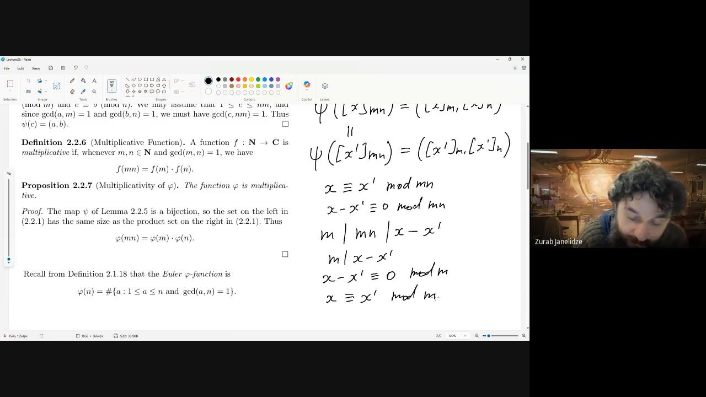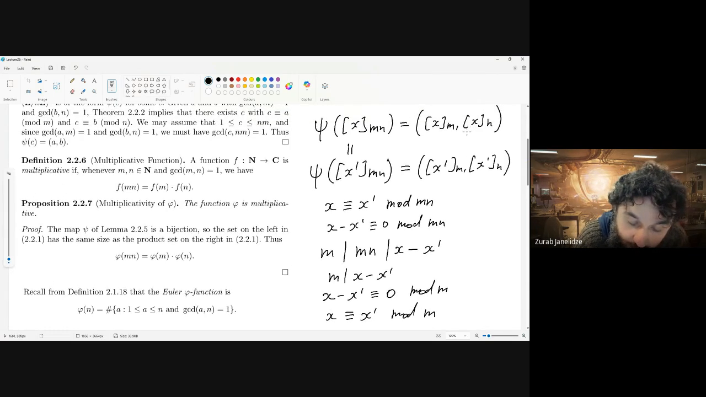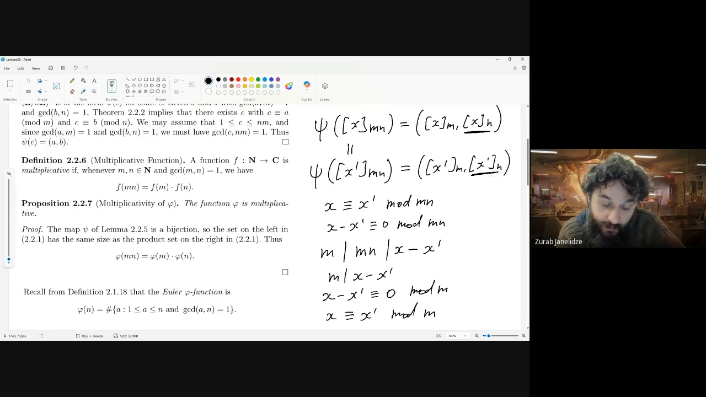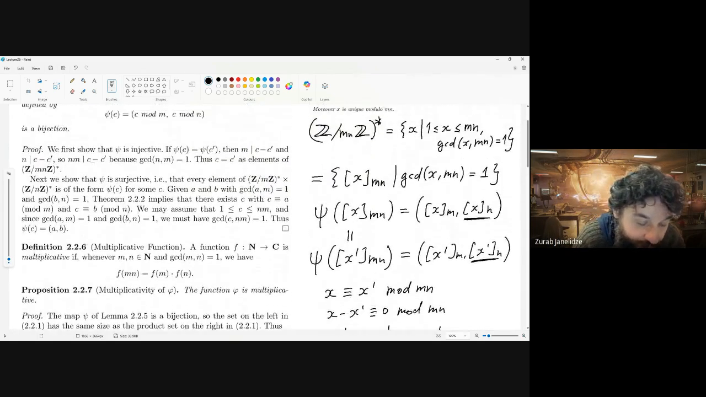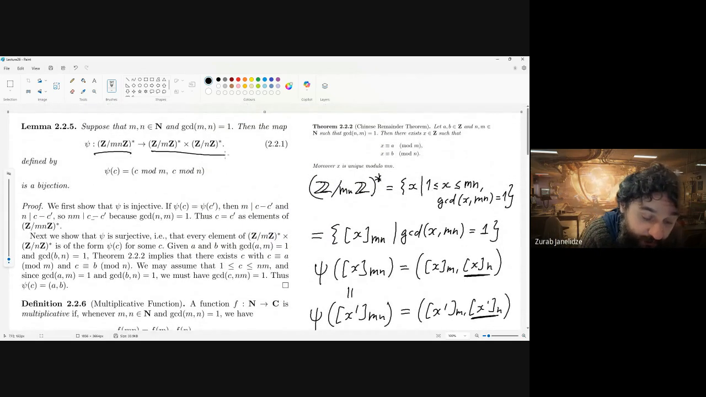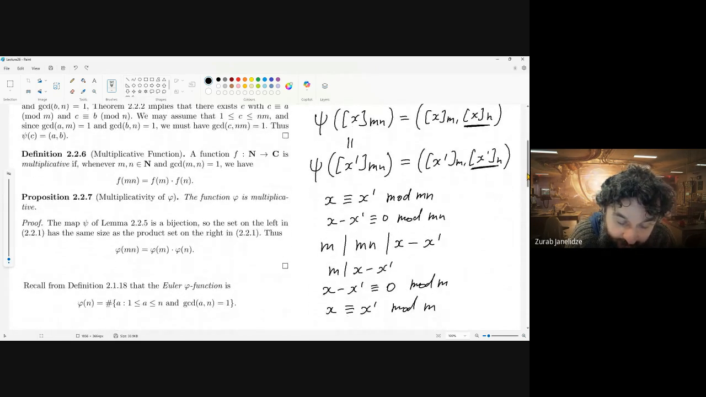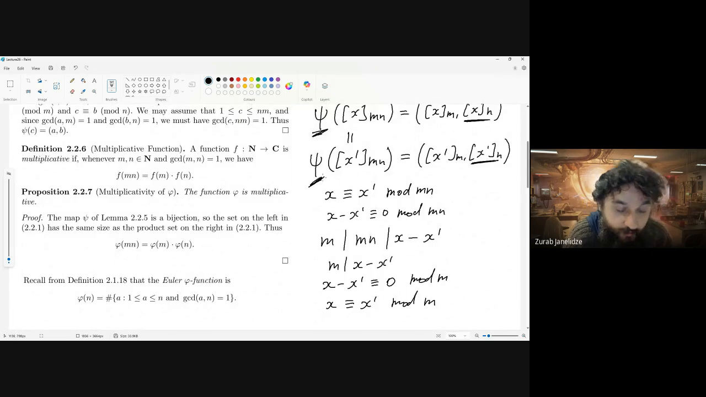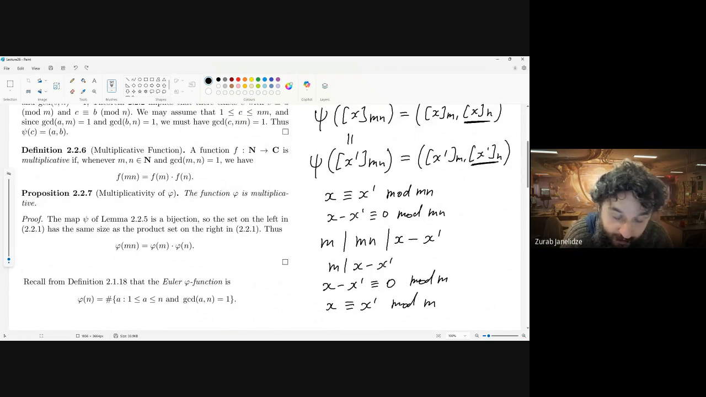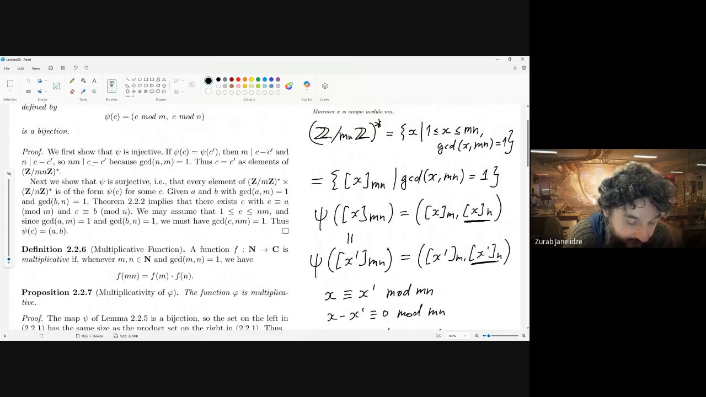And in exactly the same way, we can establish that also x and x prime will be the same modulo N. Okay, so once we establish that, once we know that we can actually work with these sets, as we have been doing in the past, we can work with them in terms of the entire equivalence classes, and that the function psi is not affected by which representative of the equivalence class we pick. After that, knowing that, we can say